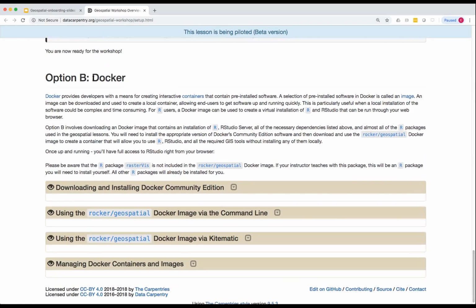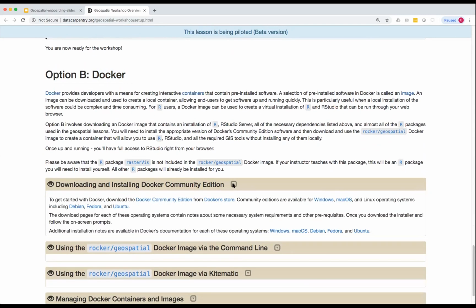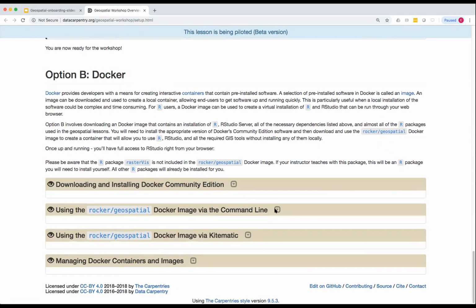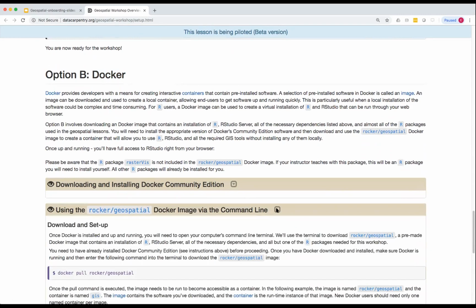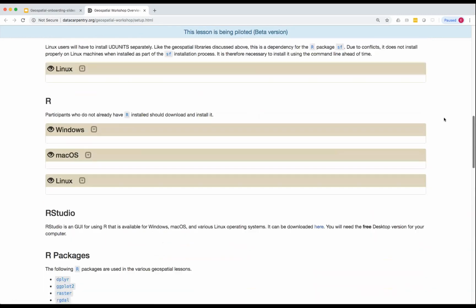The second option for software install is using Docker instances. There are some extensive instructions here on how to download and install the Docker images, and that is an option for your learners as well. We do recommend